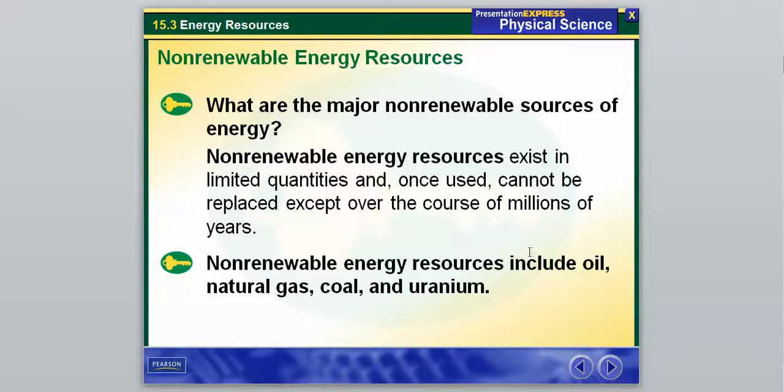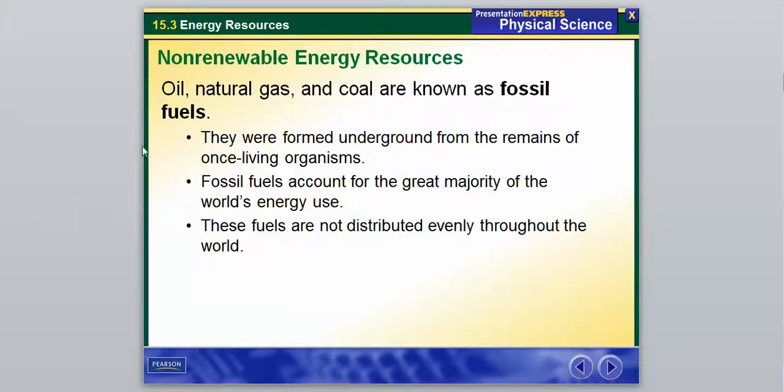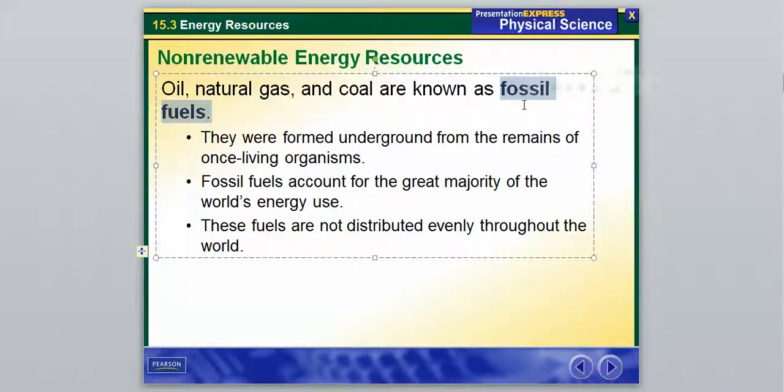Some examples include oil, natural gas, coal, and uranium, which is also a non-renewable source of energy. Oil, natural gas, and coal, maybe you've heard of these before, are what is known as fossil fuels, so I definitely write that down. They were formed underground from the remains of once living organisms. That's why they call them fossil fuels, because